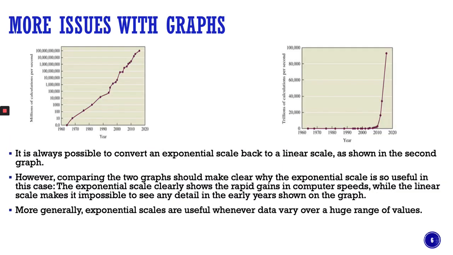More issues with these graphs. It is always possible to invert an exponential scale back to a linear scale, as shown in the second graph. However, comparing the two graphs should make clear why the exponential scale is so useful in this case. The exponential scale clearly shows the rapid gains in computer speeds, while the linear scale makes it impossible to see any detail